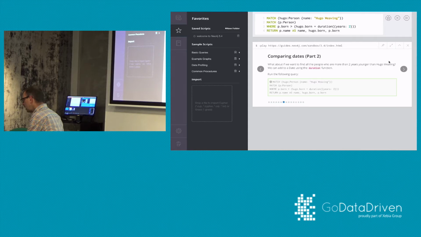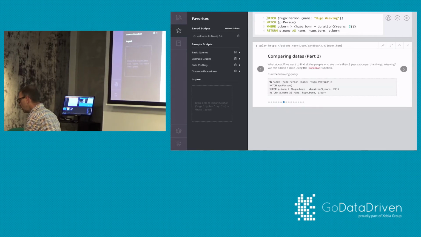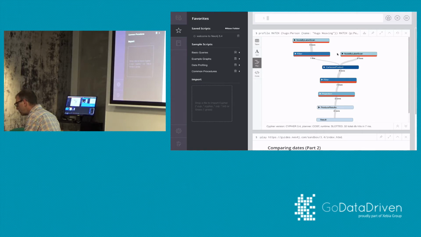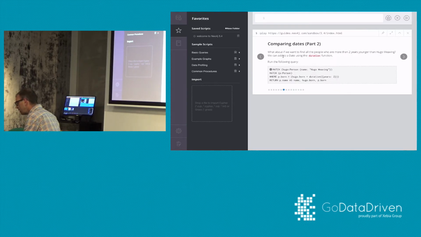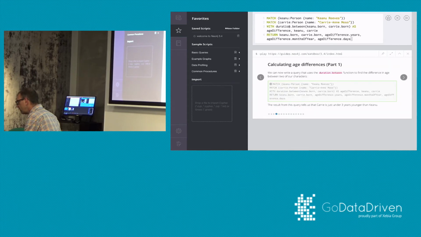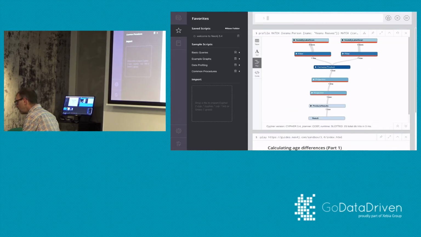Also, maybe I should have illustrated that before, but if you profile these queries, right, then actually not this one. Cartesian product is always good to show. Yeah. So if you do this one, right?